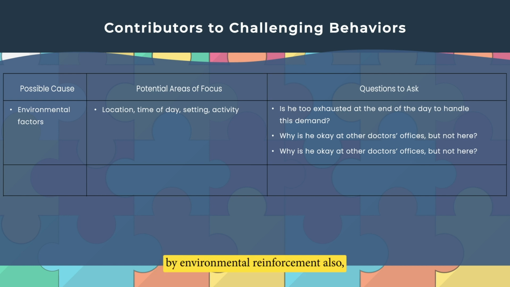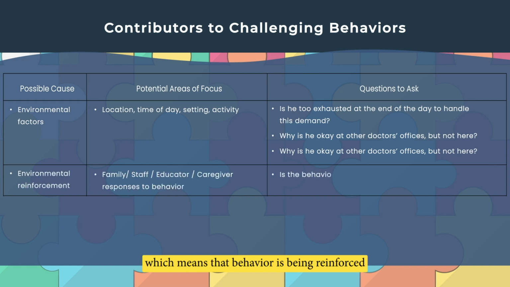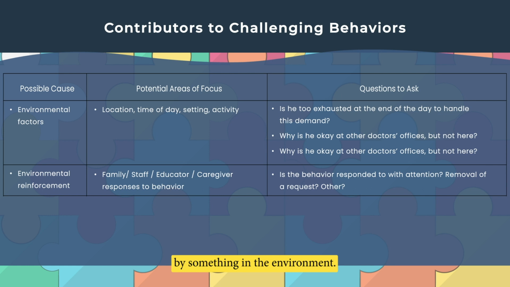Challenging behaviors can also be caused by environmental reinforcement, which means that the behavior is being reinforced by something in the environment. So when trying to address these behaviors, it is important to focus on the response of family members, staff, educators or caregivers to the behavior. We can check whether they are reinforcing the behavior by giving it more attention or removing a request. By identifying and changing these responses, the child can be encouraged to engage in more appropriate behaviors. By doing so, the child can be provided with more positive and effective reinforcement to shape their behavior and foster